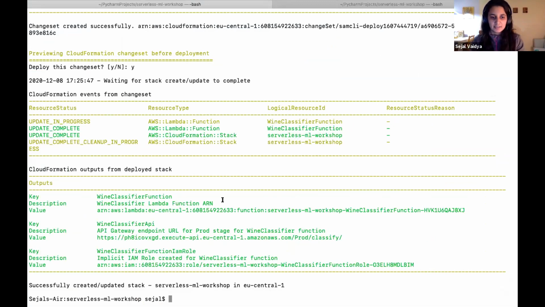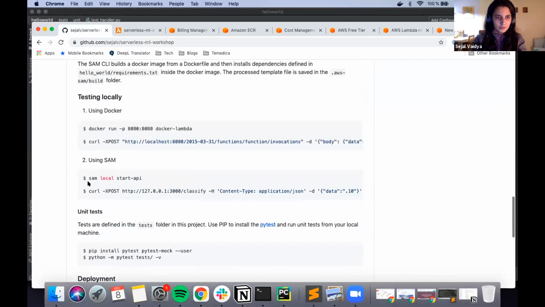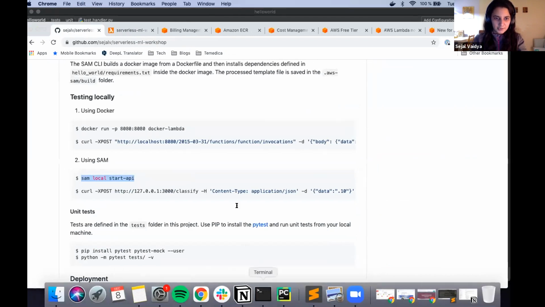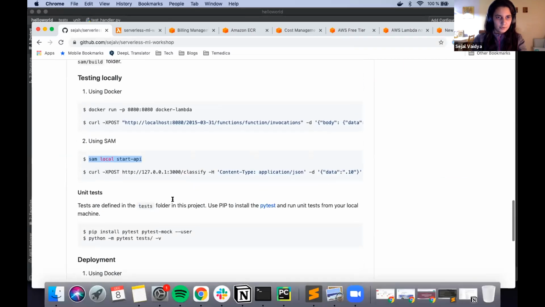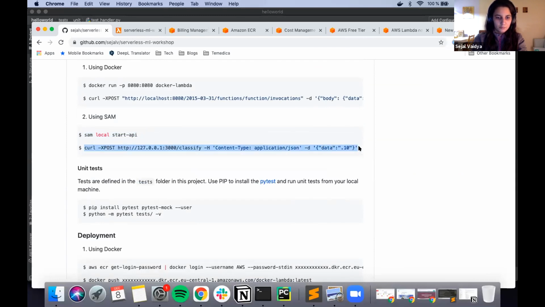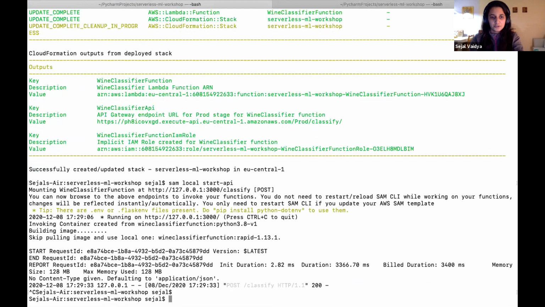Now let's say you want to test this locally before deployment. You can make use of the local testing API provided by this framework, which redirects you to localhost on port 3000. So from here, I'm just going to make a POST API call, and you get your output. Alternatively, if you do not wish to use the SAM framework, you can reproduce this using Docker itself. So you can run something like